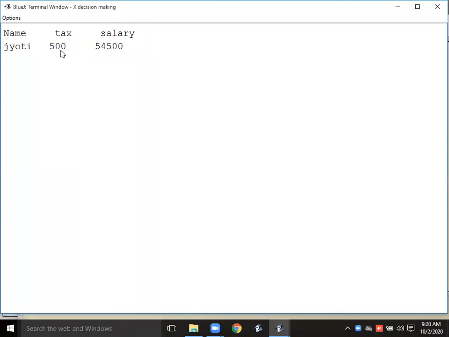Why the 500? Because 55,000 means 10% of the 5,000 only, because exceeding limit is what, 50,000 के बाद exceeding limit कितनी हुई 5,000, तो 5,000 का 10% कैलकुलेट हुआ and then that only going to be deducted from the salary.